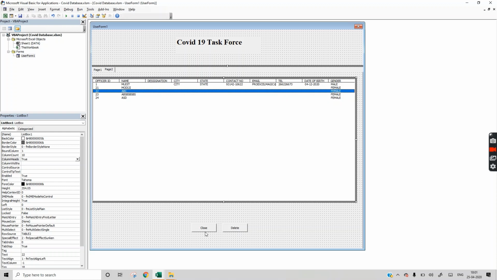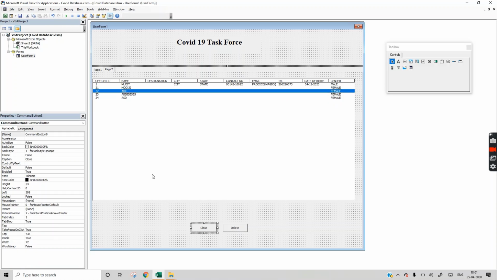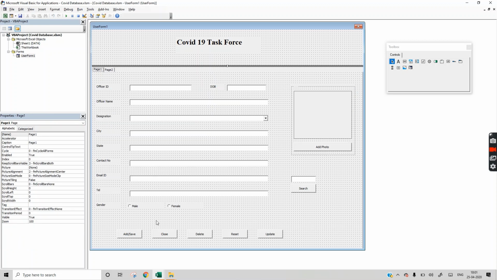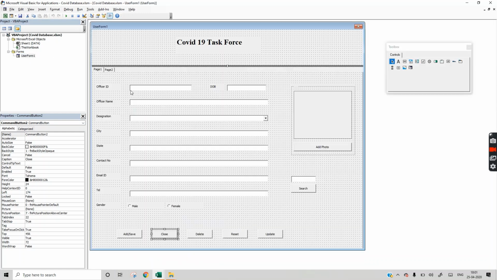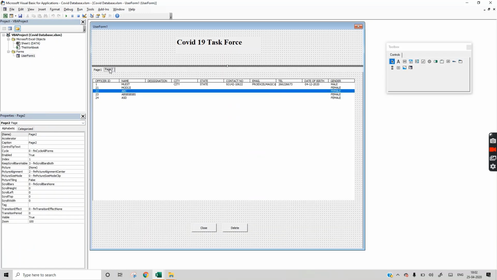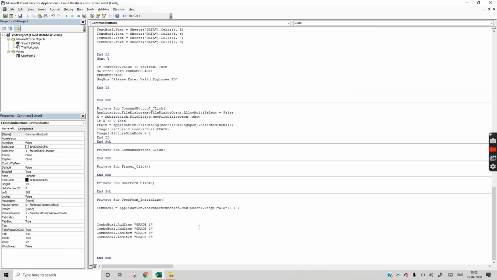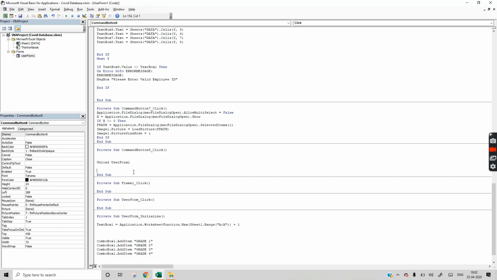First of all, we'll put code in this close button and delete button. So we'll just copy paste this close button. Similarly for the delete button.